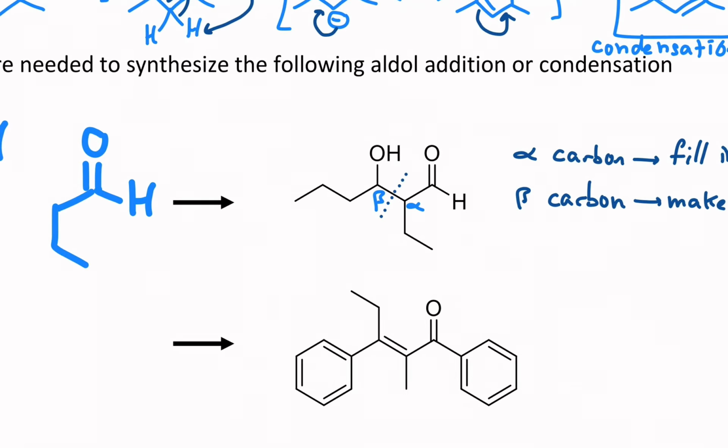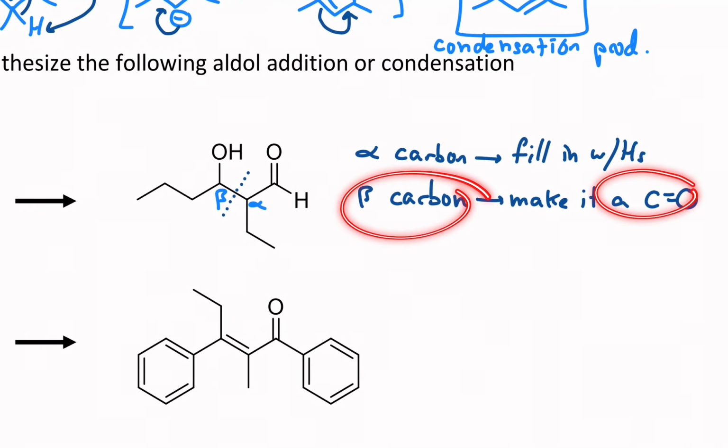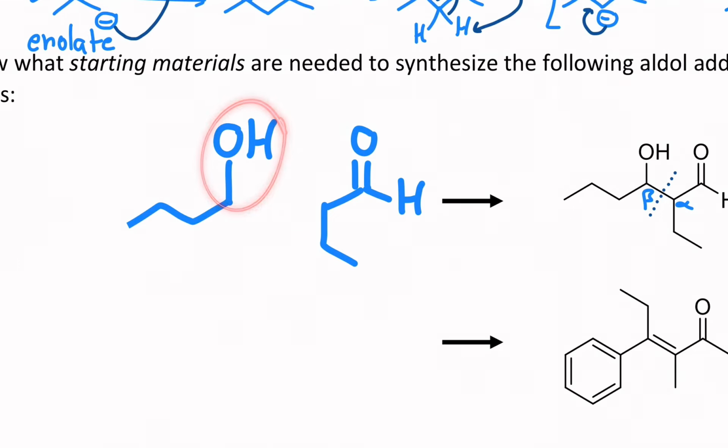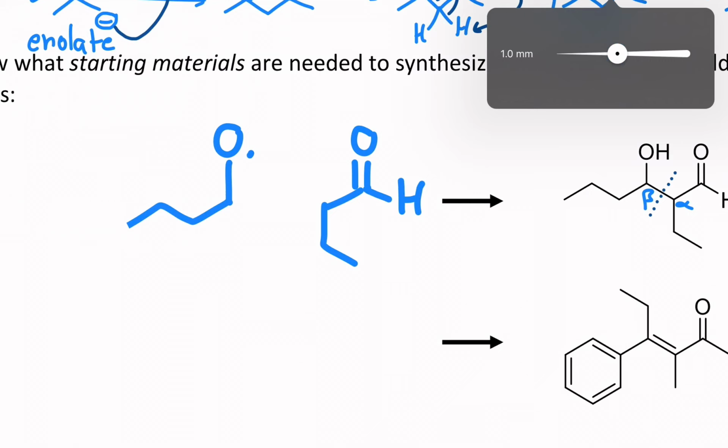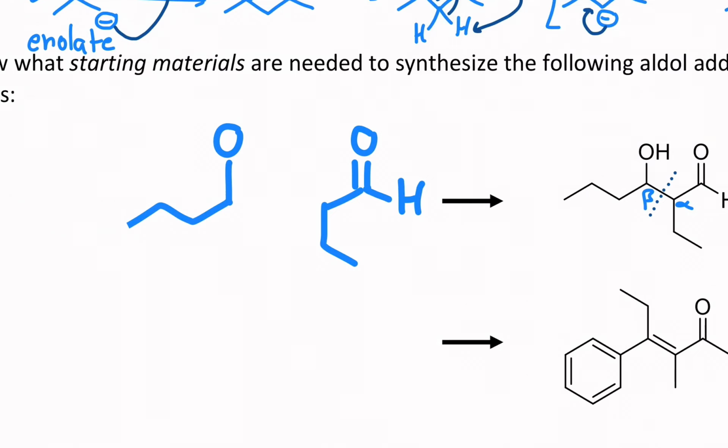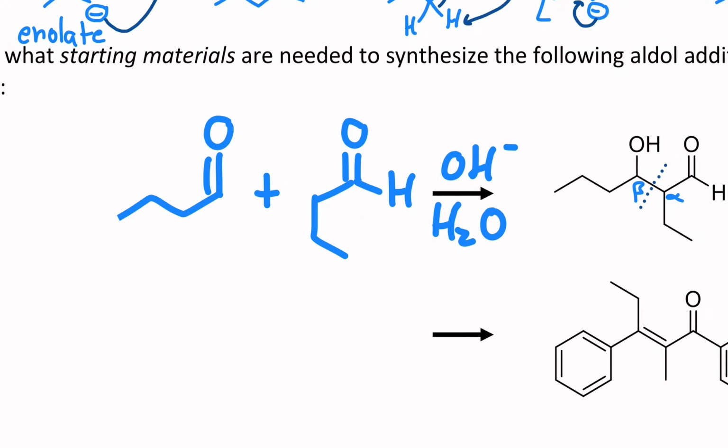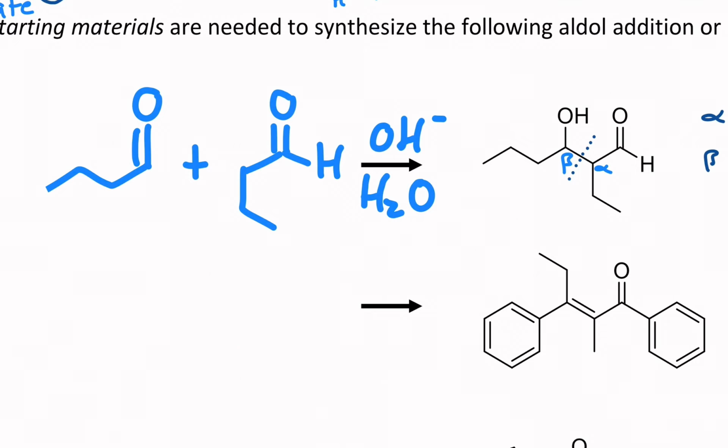The beta position, make it a carbonyl. So I don't want an OH here, I want a C double bond O. There we go. So if I react those two things with hydroxide and water, I should cleanly get my beta-hydroxy,